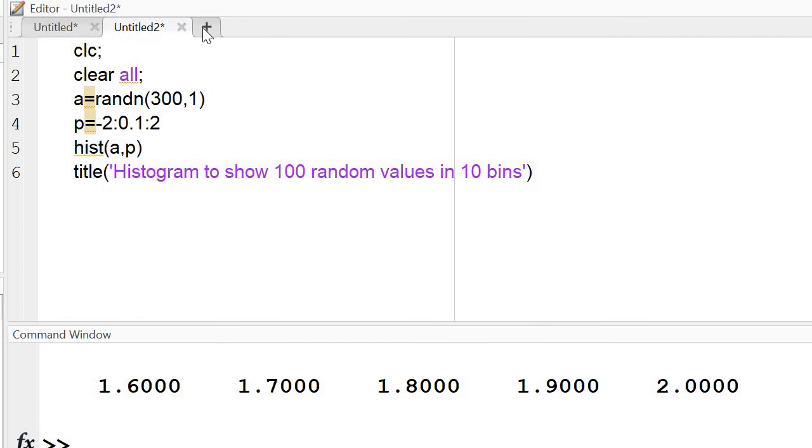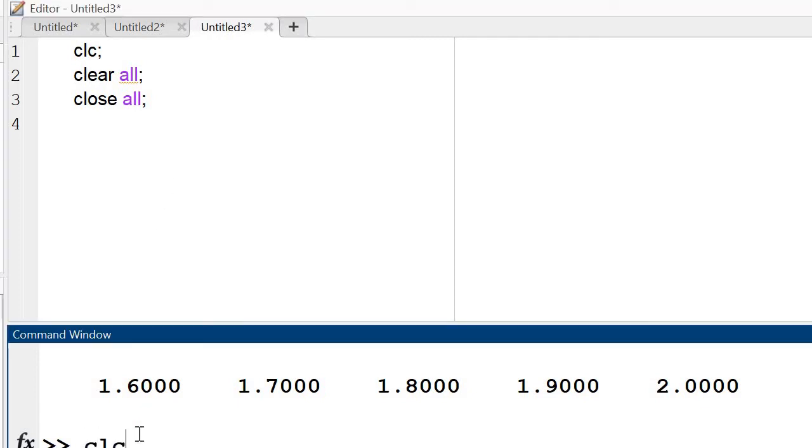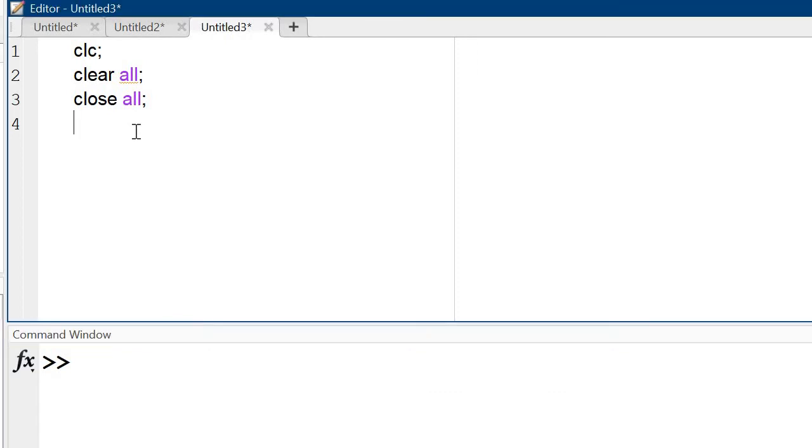Okay, next command is bar. How to use this bar command, barh command? I start with clc, clear all, or you can take close all also. Now after that, first of all, clear this command window with the help of clc. Now, bar function. How to use this bar function?